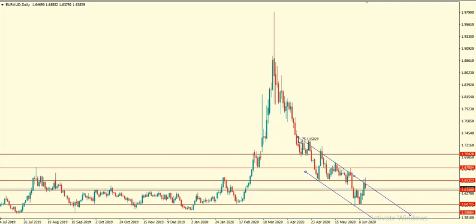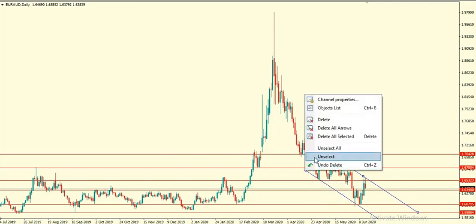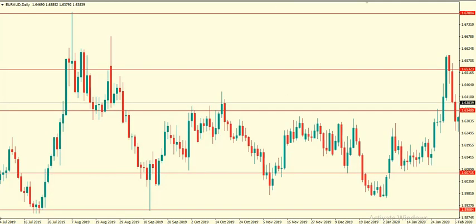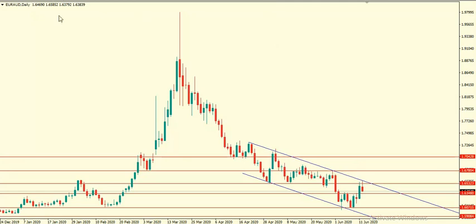This is the best point. Okay, so as we can see, we have this channel over here. So now, what do we have on EURAUD? We can clearly see the market came into this channel, as we had some kind of consolidation around this point